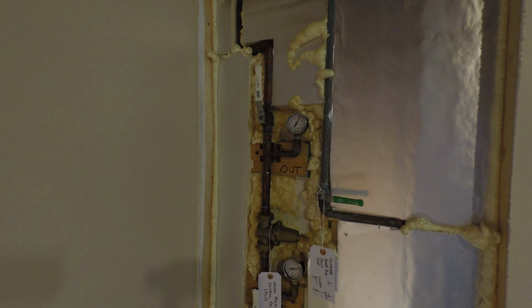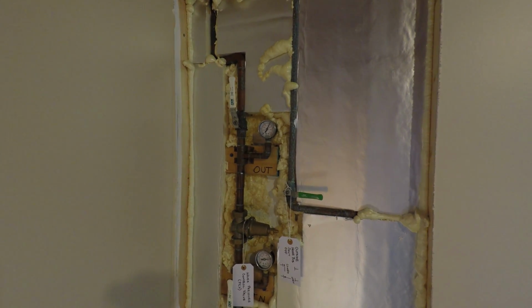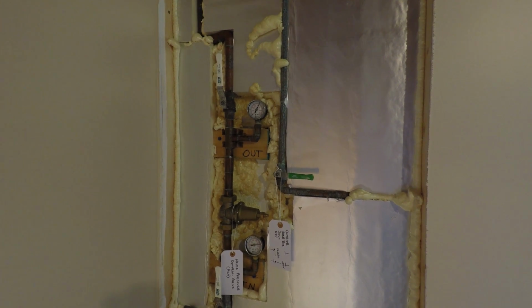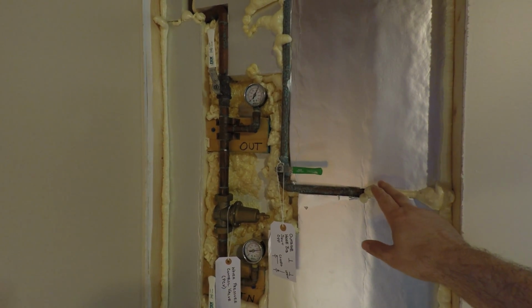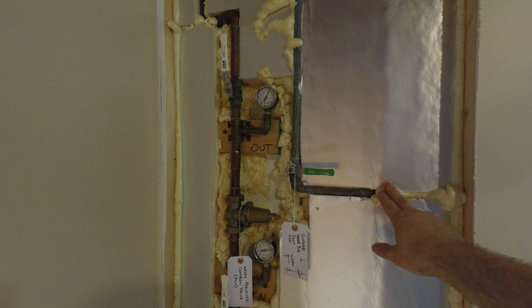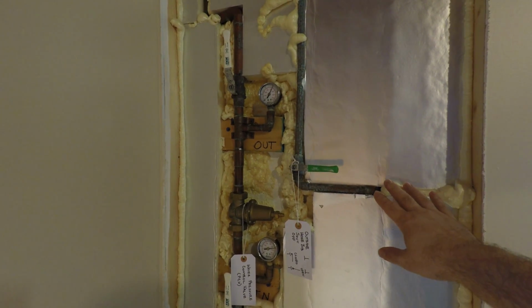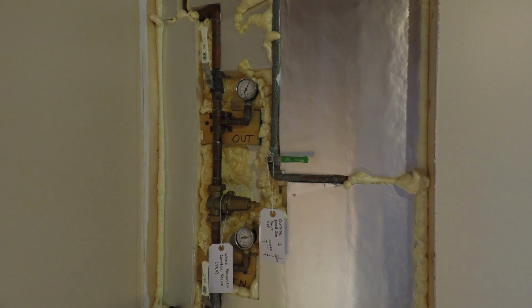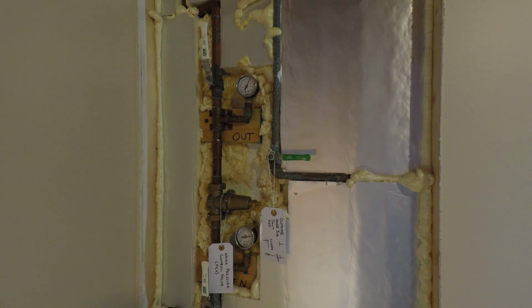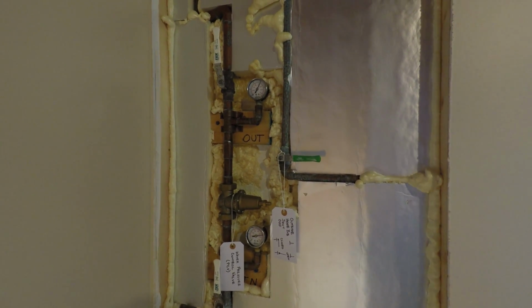So over here in the corner we have, well, a mess. This was the source of our basement flood. Specifically, the line going outside to the water faucet or spigot or whatever you want to call it outside froze well before we bought the house, and neither the seller nor I knew about it until my wife decided to wash the back deck about a month after we bought the house, flooded the basement, and this was part